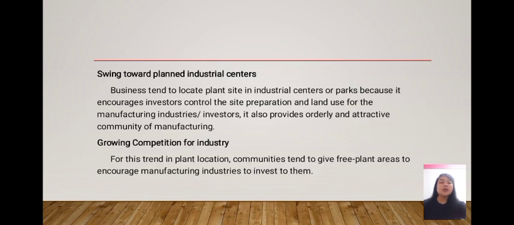The fourth one is growing competition for industry. For this trend in plant location, communities tend to give free plant areas to encourage manufacturing industries to invest in them. Communities even innovate and create quality infrastructures. They also offer the construction of the plant site itself and assume its taxes and insurance. This is not only for the residents but also to persuade more investors to locate their plant sites